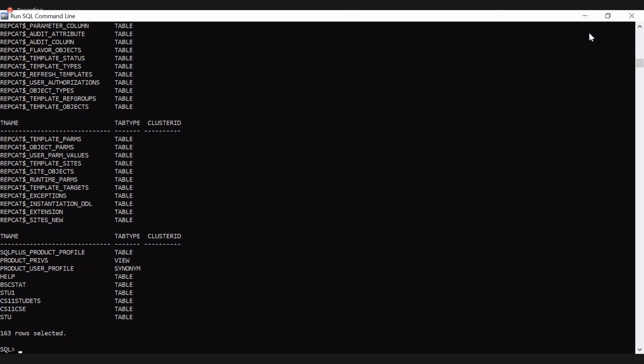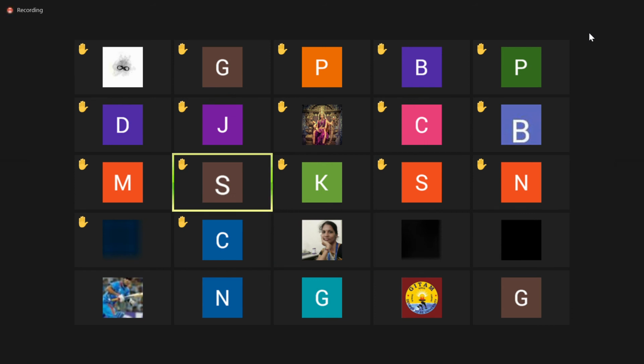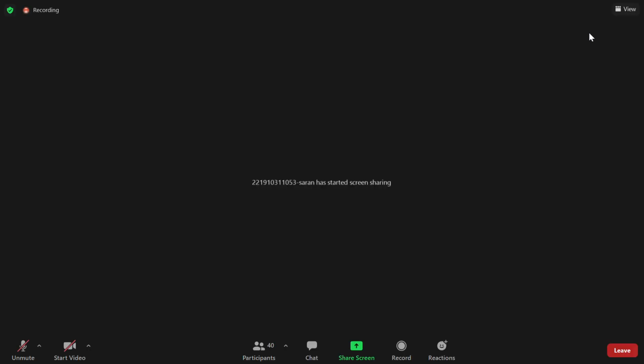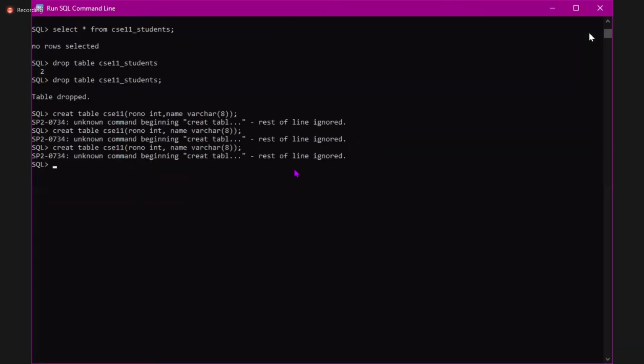I have a doubt again. Where? Ma'am, if I try to create again, it's saying some error, ma'am. Unknown command beginning with creatable, restart line ignored. Okay, share the screen. This is create table CS11.